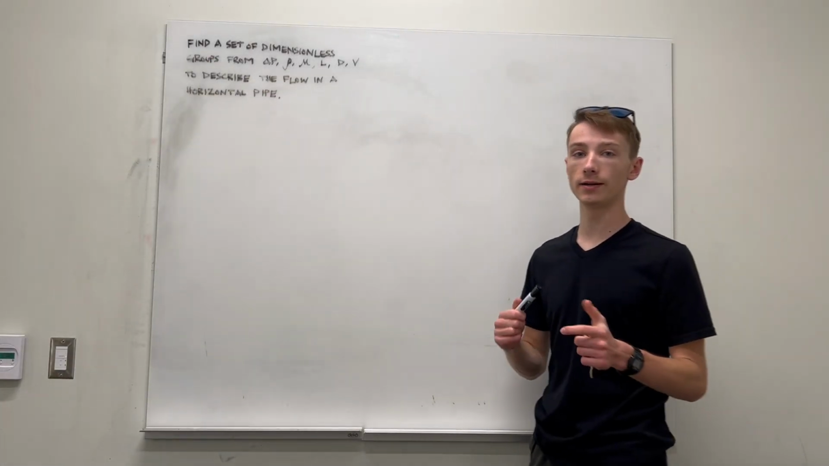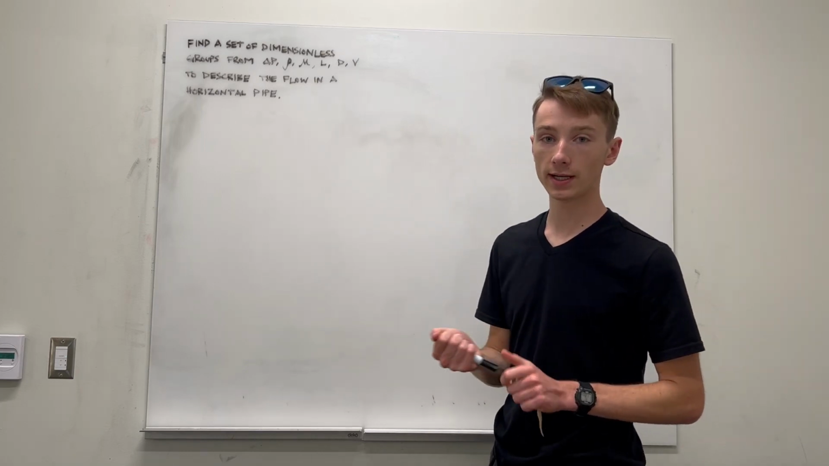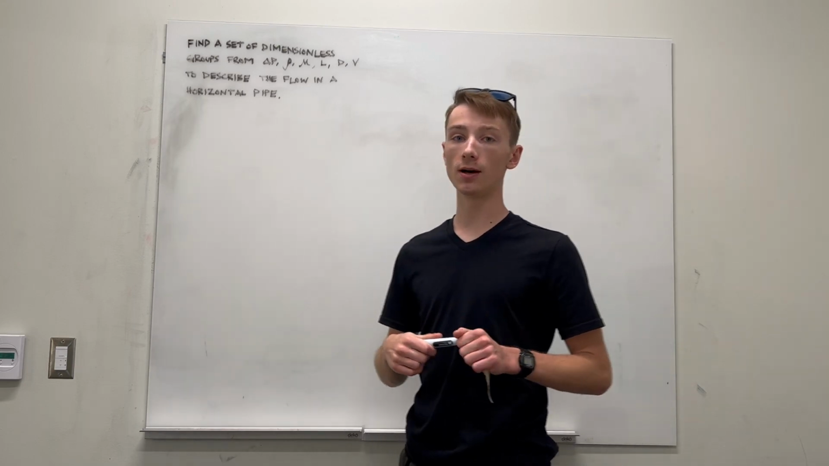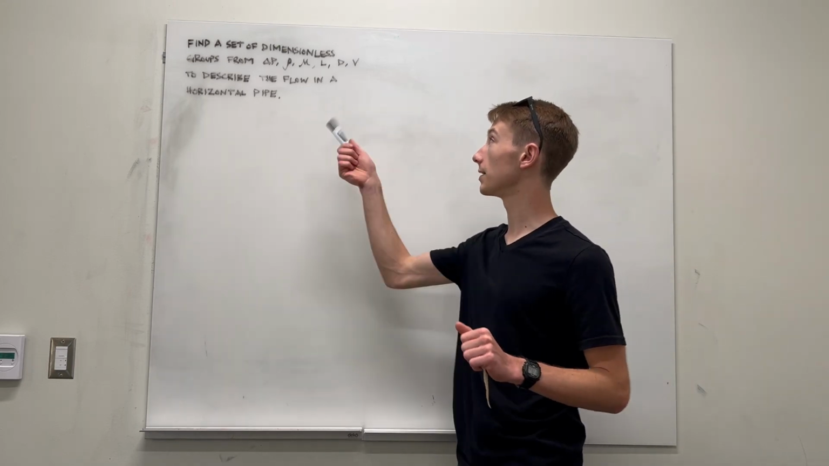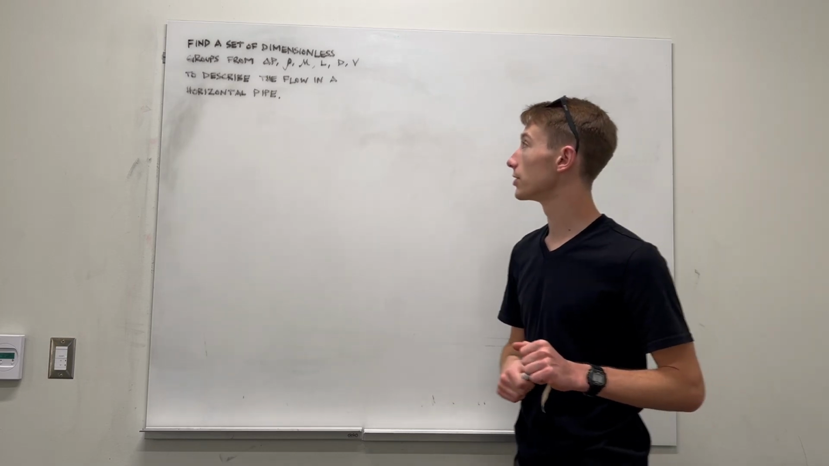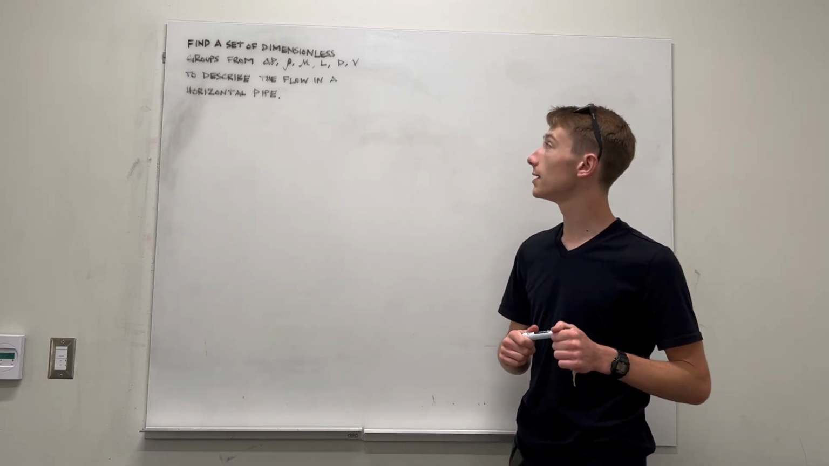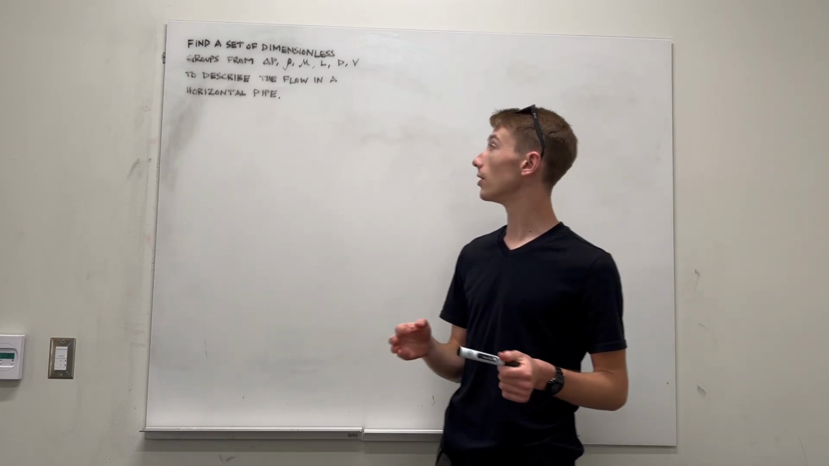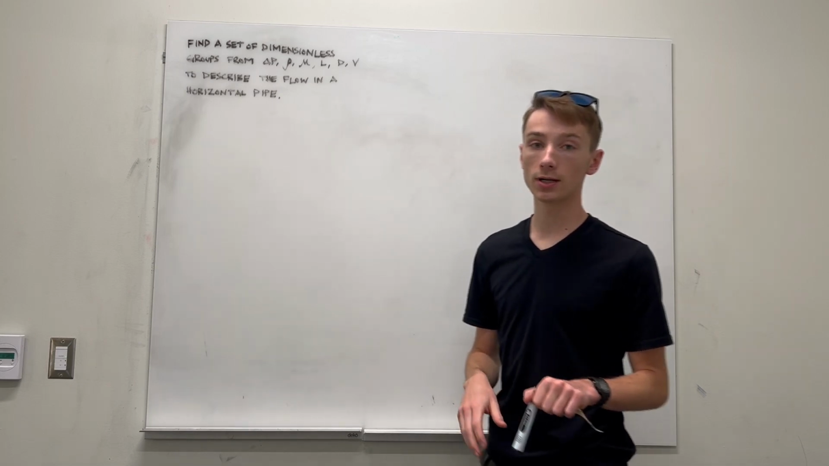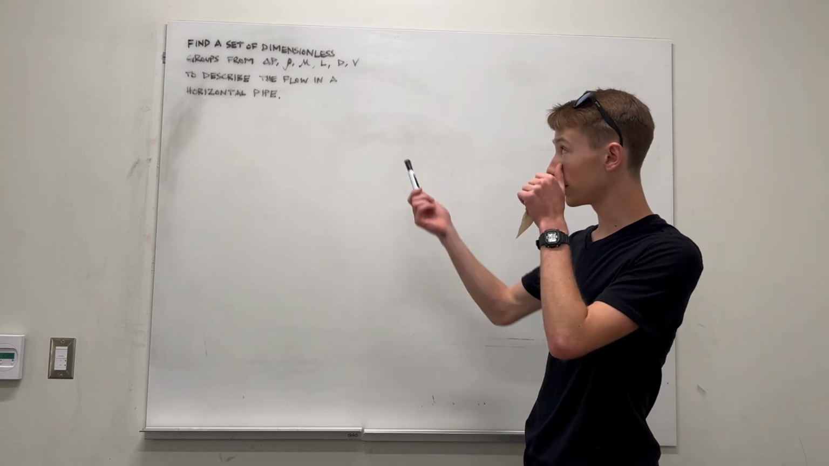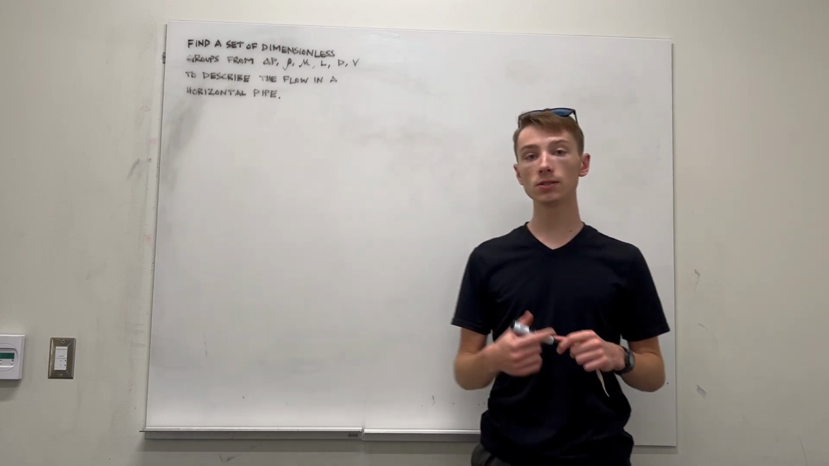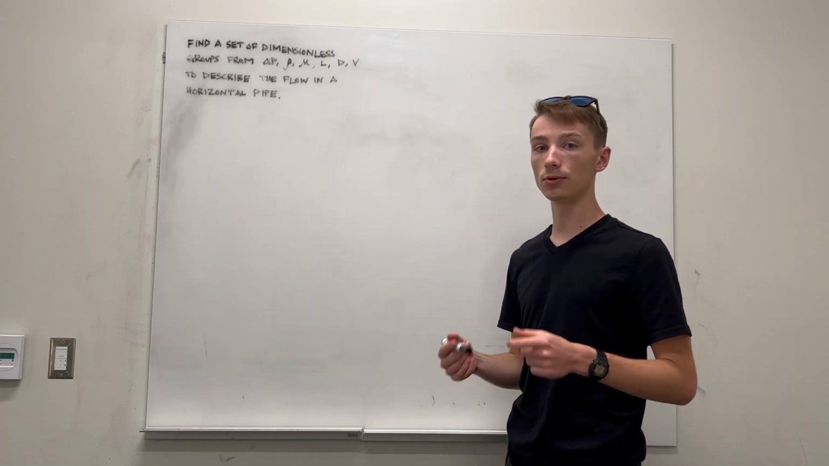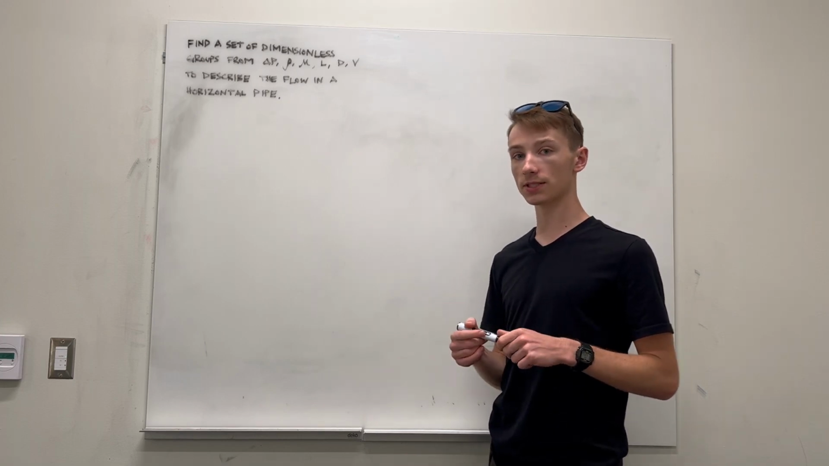We're going to be starting on a new problem today for fluid mechanics. This is 4 part B. The main goal of our problem today is to find a set of dimensionless groups from the change in pressure, density, viscosity, length, diameter, and velocity to describe the flow in a horizontal pipe. We'll find these dimensionless groups, and then we'll use these to derive the Reynolds number as well as a Bernoulli's equation for a horizontal smooth cylindrical